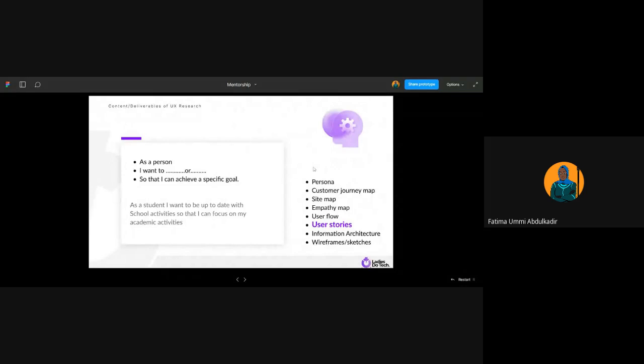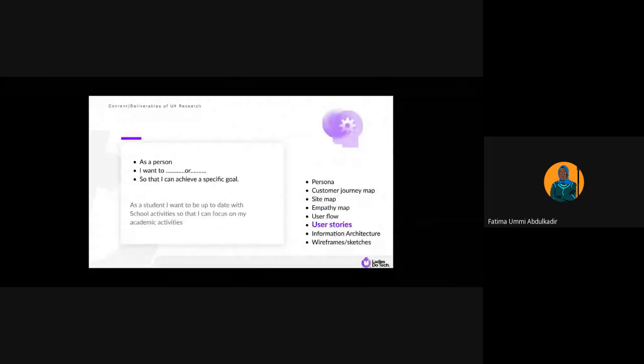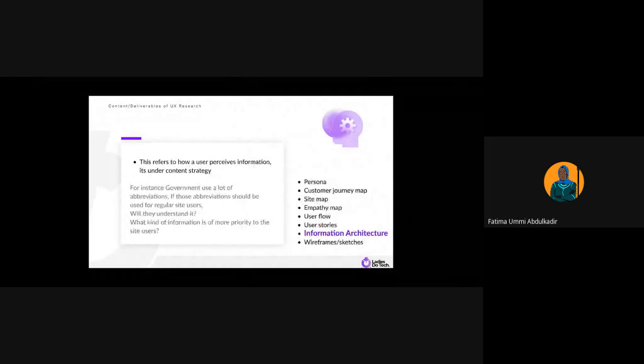Okay, so information architecture is kind of like a content strategy, like how you present the information on your website or on your products or platform, how users are able to find what they are looking for, and what cues they are taking to get that information. For instance, this refers to how a user perceives information on a platform or website under content strategy.